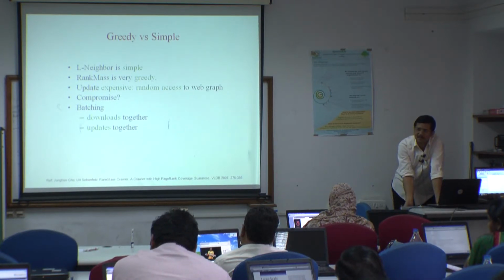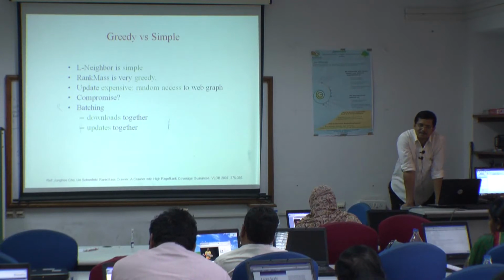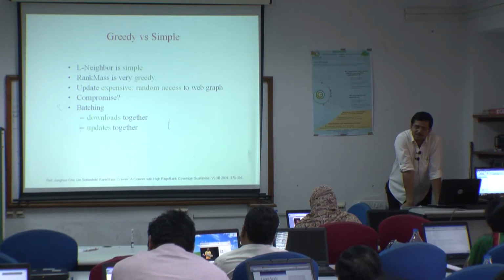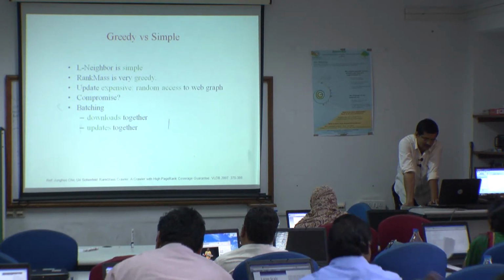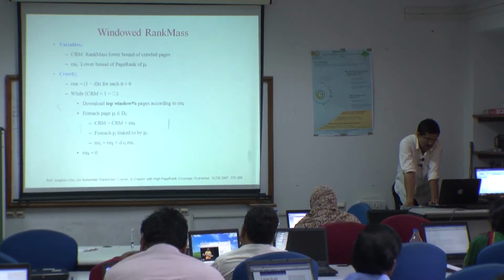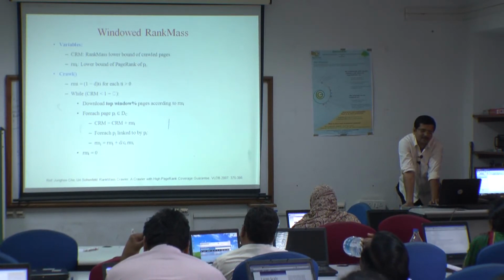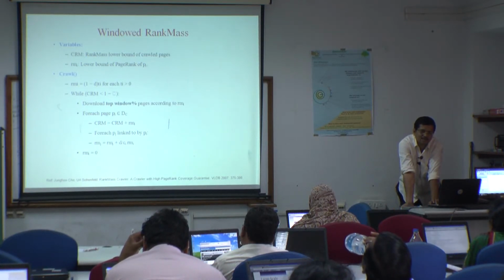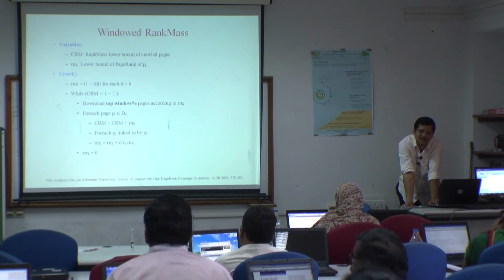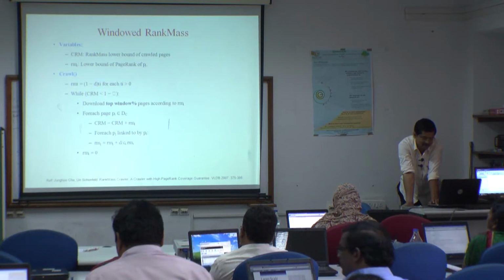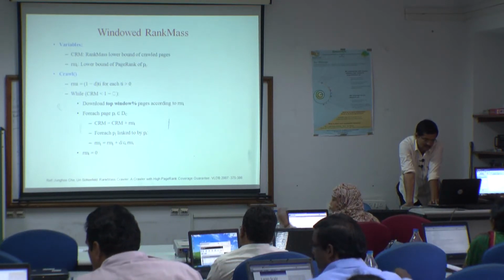Now it depends upon the types you can apply to download with these rank mass crawlers. It means applying those rank mass crawlers with different strategies of downloading. Now there is a windowed rank mass. Windowed rank mass means just take a window of size k, where k may be equal to 2 or 3, meaning at one time you can cover 3, 4, 5 pages to capture those things.